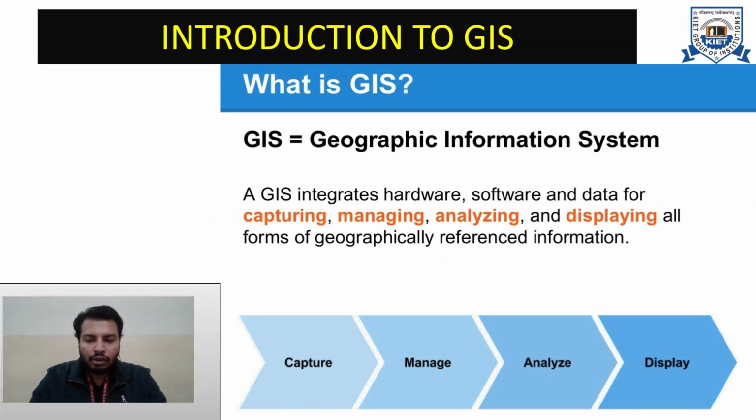Now let's have some introduction about GIS. So what does GIS actually mean? GIS stands for Geographic Information System. If we look at these words, we can get an idea from the acronym. The system is talking about some kind of information, and that information is about geography. Information about geography that is stored in a system and analyzed through a system, this complete process is called a GIS system.